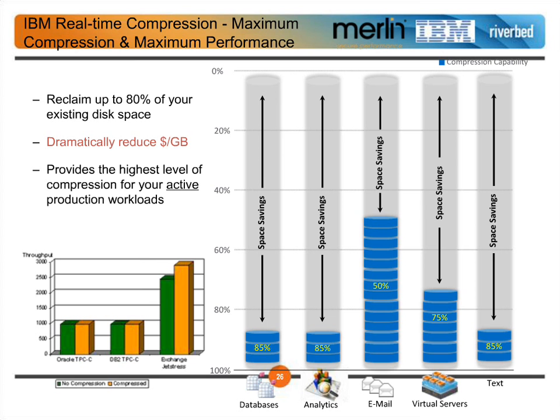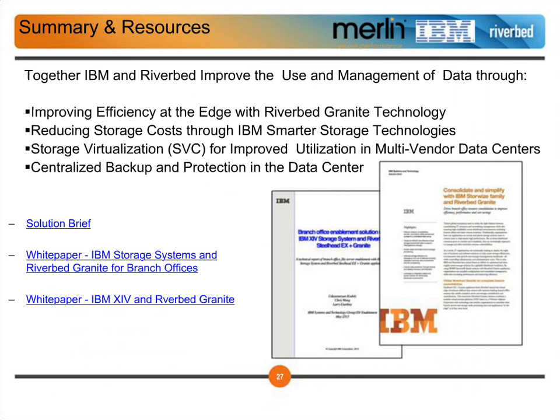Thanks, Marty. So today we've covered a number of points about our combined solution between Riverbed and IBM, and hopefully you've been able to see how together IBM and Riverbed improve the use and management of data through improving efficiency at the edge with Riverbed Granite technology, reducing storage costs through IBM smarter storage technologies, being able to virtualize heterogeneous storage in the data center through SAN Volume Controller, and providing centralized backup and protection in the data center